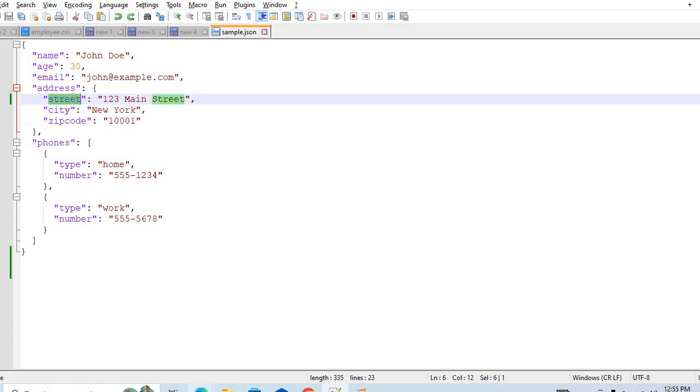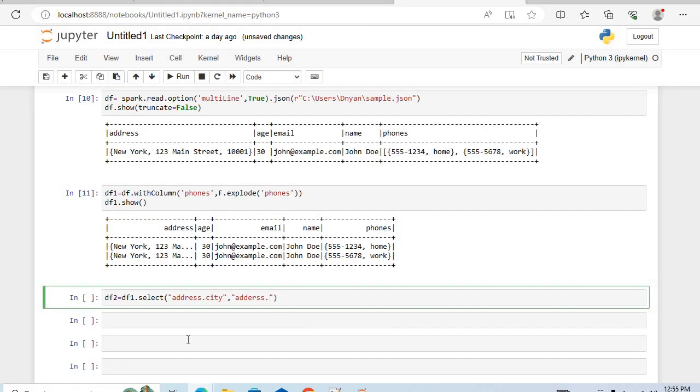Whatever way I want, I can take it. Okay, street, and address.zip code. And all other columns will be the same, like name,